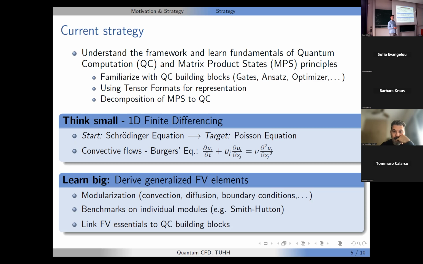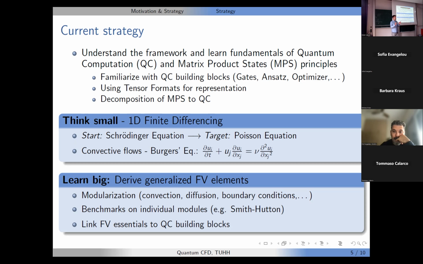We started at the Schrödinger equation in order to come up with the Poisson equation, and then to evolve even further to the convective, with the convective term here in the middle, where we then can have the Burgers equation with the time dependency. But this changed a little. The idea was initially to start in these cases in order to